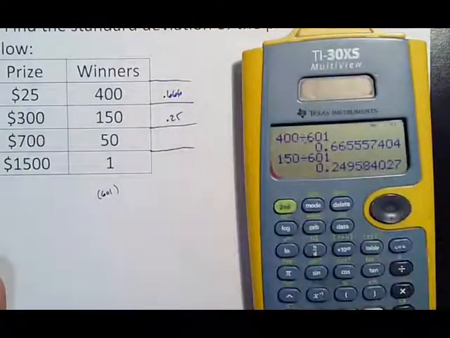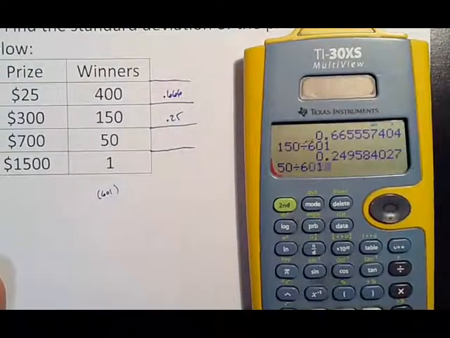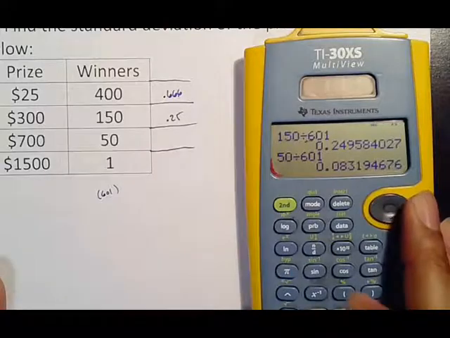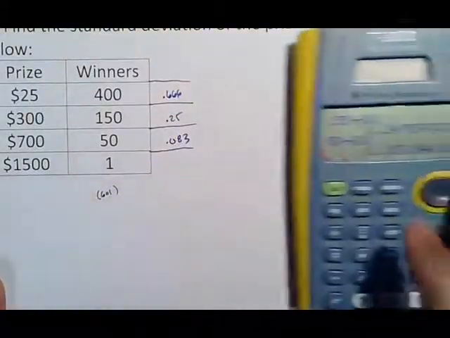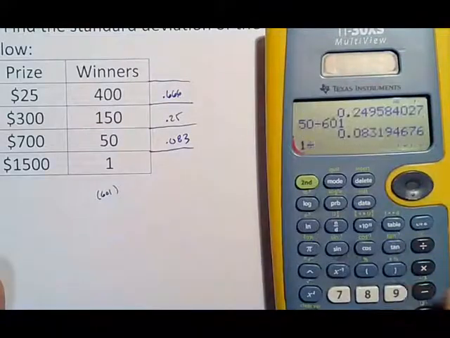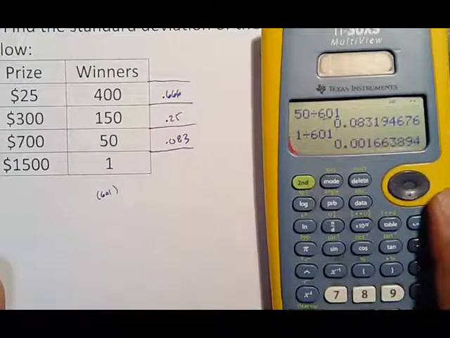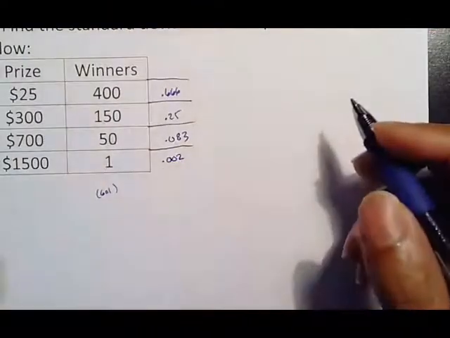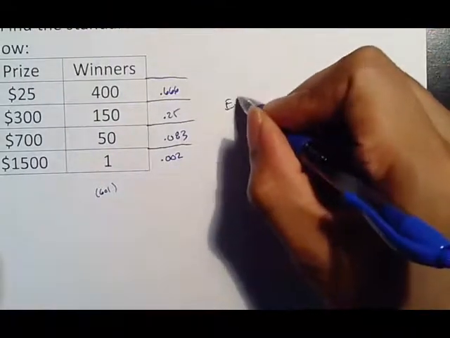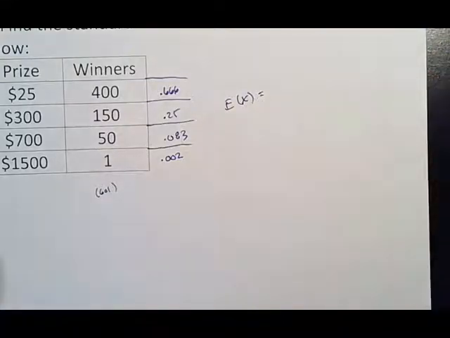50 divided by 601 is 0.083. And then 1 divided by 601 is 0.002. Okay. Again, now we want the expected value, which we should have learned how to do yesterday, which is where